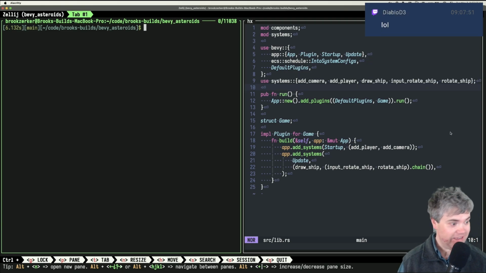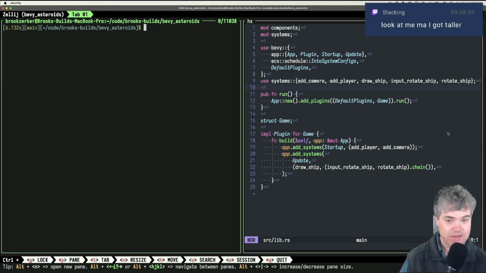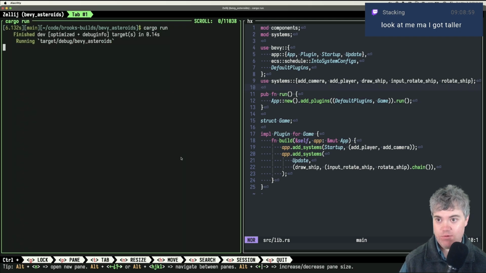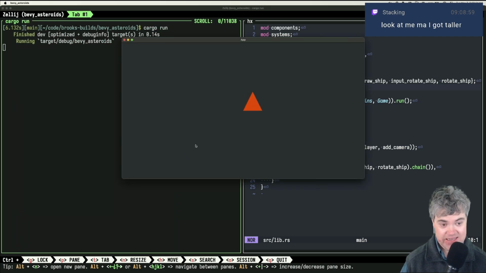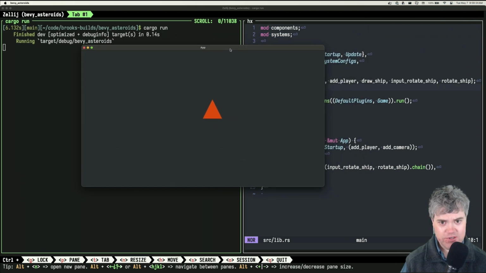Clearly I am awake and things are going to go well today. The plan, or rather, what did we get up to last time? So if we run cargo run, we have a game application, a game world, and our ship, a single entity with, I don't remember, a couple of components.